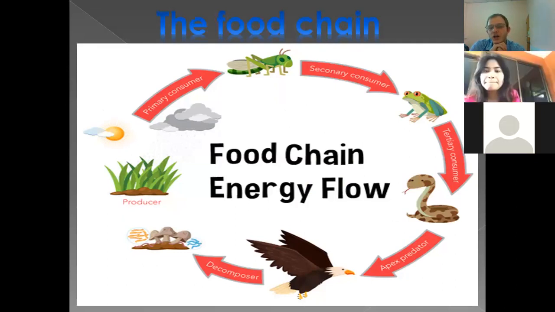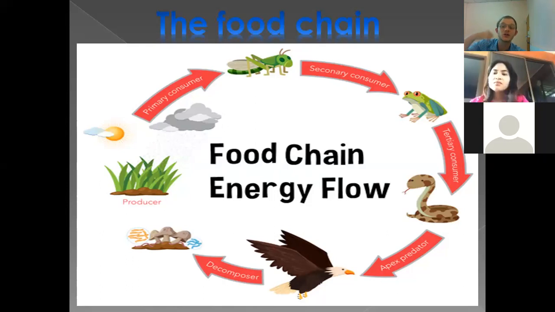But our main topic today will be the food chain. The food chain is the way energy flows. If you look at humans, we are at the top of the food chain. We are the apex predators. We are the most dangerous things on the planet. Why? Because we kill and destroy a lot of things. And we can use our brain to be smarter than animals. So we are in control of animals.